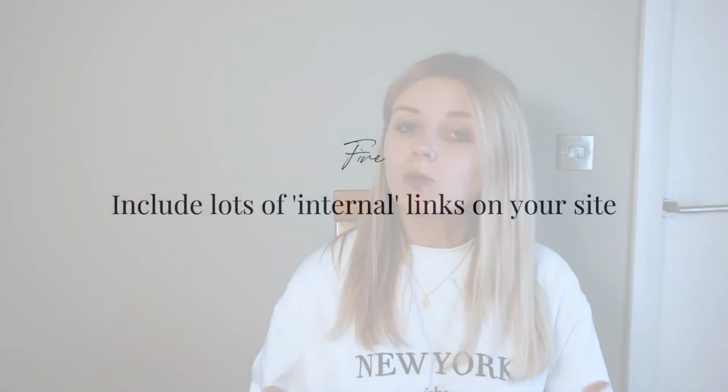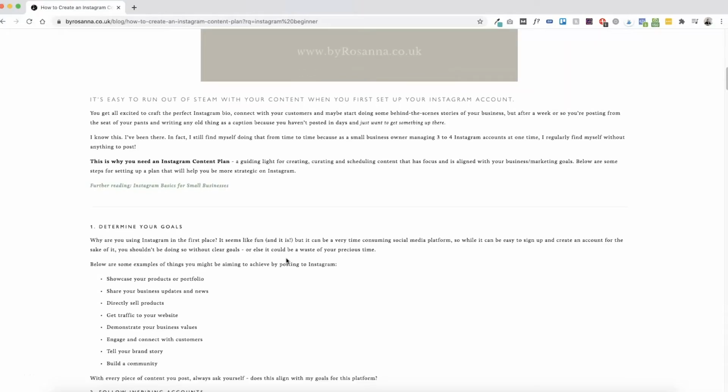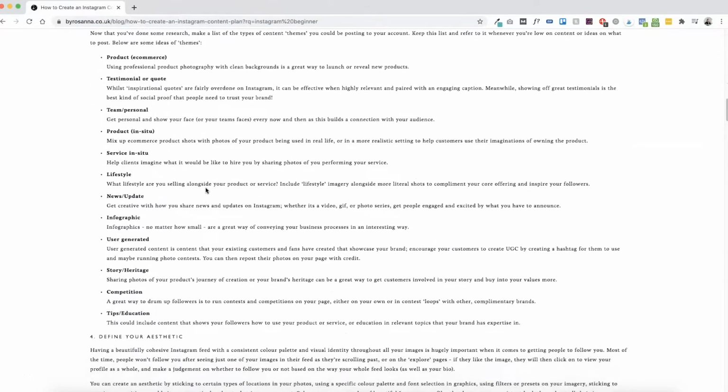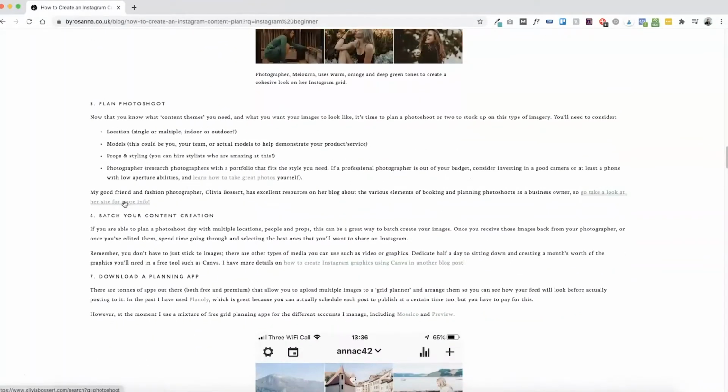My last 2 tips are to do with linking. It's really important that you include lots of internal links on all of your pages and blog posts on your website. And what this means is just using links around the page or on your blog post that link to other pages and blog posts on your own website. So if you're talking about something in a blog post that you've also mentioned before in a previous blog post or written about in more detail, include a link